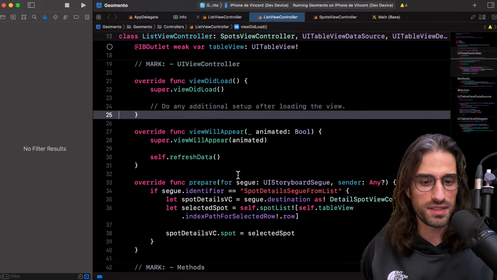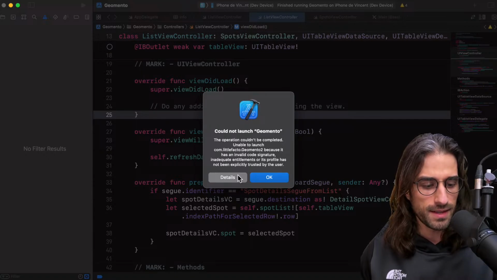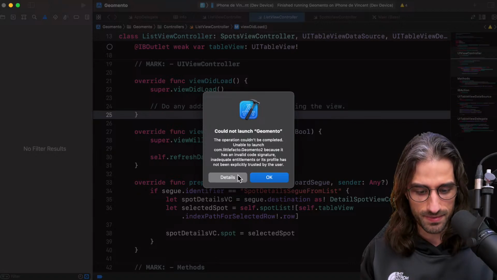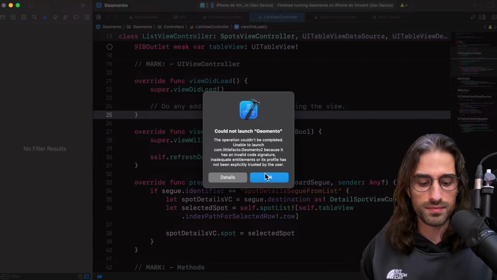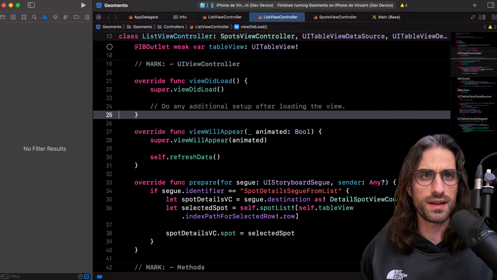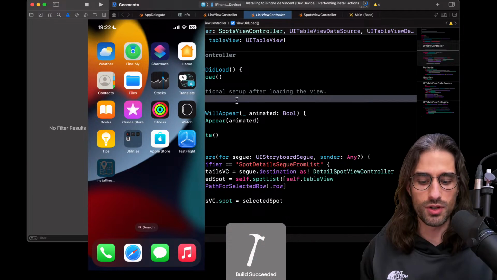Okay, so the app is installing on the phone, which is a good thing. I just need to authorize it, and then I will share the screen of my phone. Let me go into the settings app. Never remember what it is. Device management, that's it. Okay, I think we are good. So I'm gonna share my phone. You should see my phone on the live, and I'm going to launch the app.